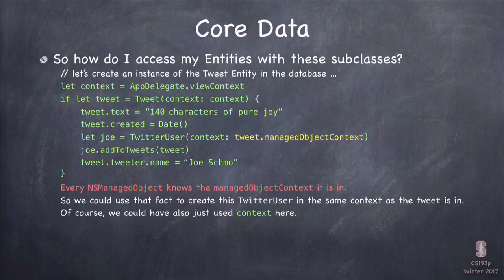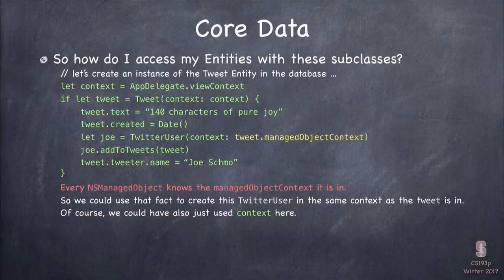I said tweet.managedObjectContext. In other words, I found out what database the tweet is in, and I put the Twitter user in the same database. And this is a common way of programming in Core Data, where when you want to get a context and you already have an object in the database, you ask the object you already have what context to use. And you can see that if I ever change my code to not put this into this context, to put it into another context, at least the Twitter user and the tweet would always be together in whatever